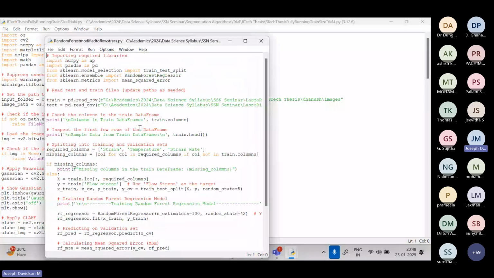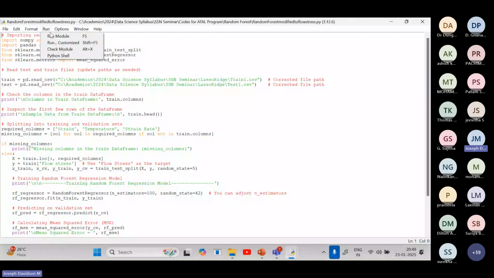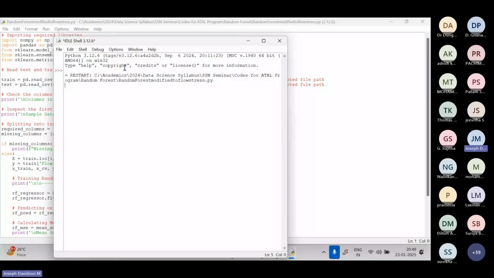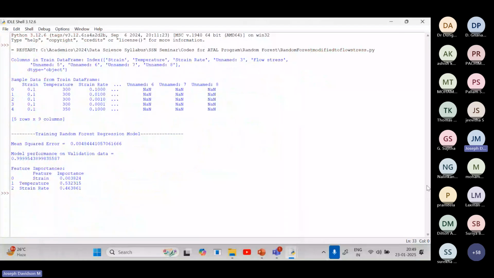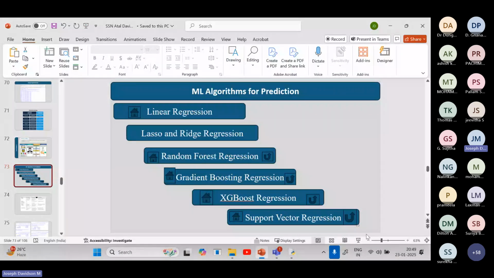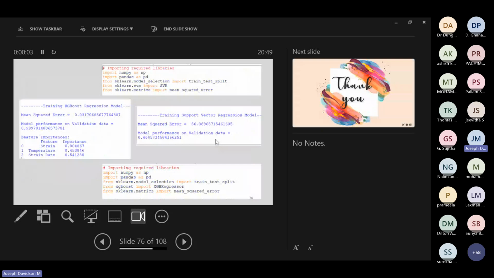With the flow stress data, we take the flow stress for different temperatures and different strain rates, and we find out how it predicts. Based on the model performance, whether it is 99% or 98% or 58%, we conclude which particular algorithm will predict things properly. That is on ML algorithms, how to predict things.